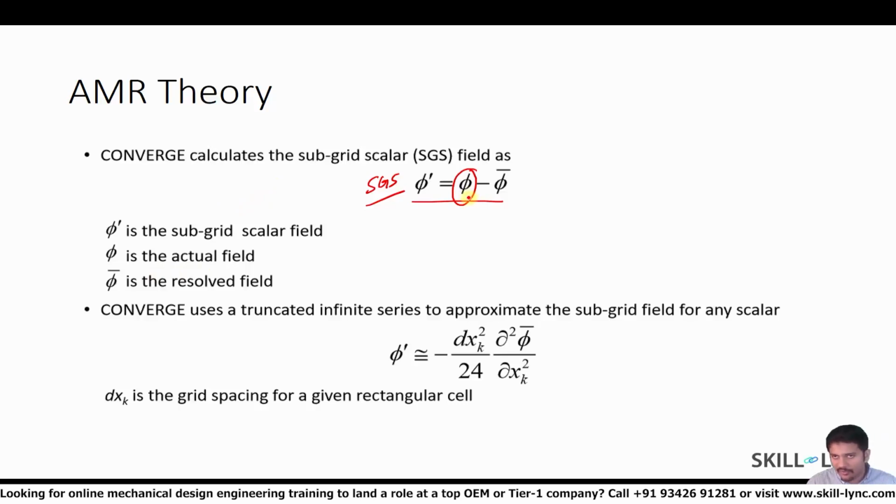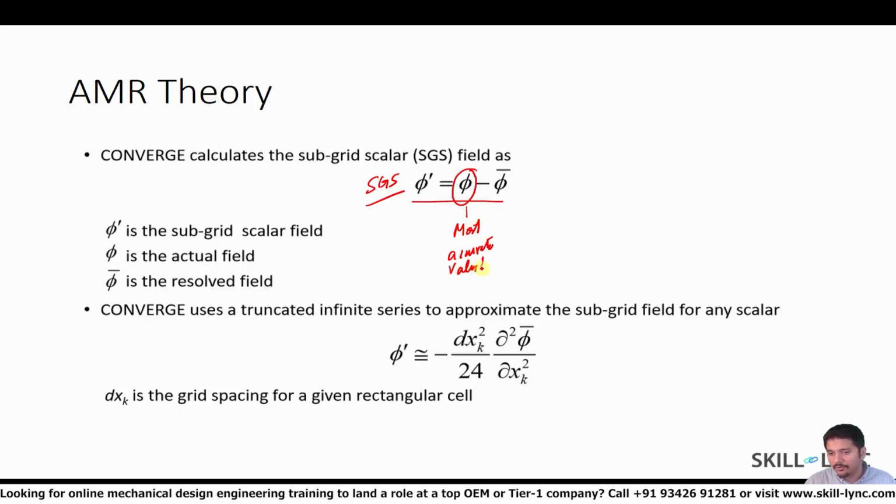Now this phi is the most accurate value, the theoretical value, and phi bar is the value that you are resolving with your computational mesh. So you can think of this as the most accurate